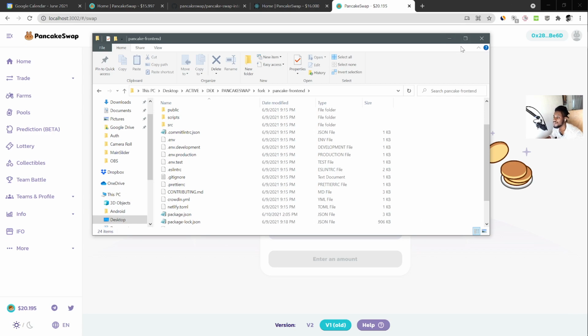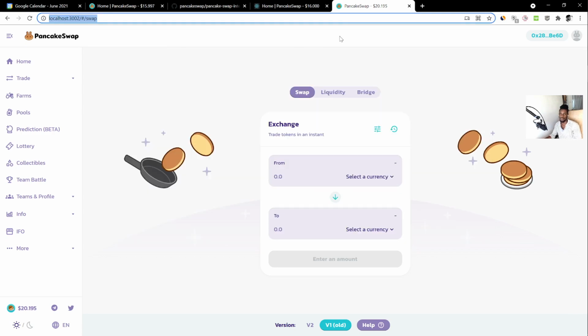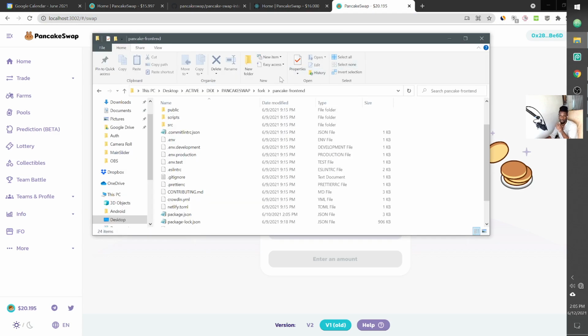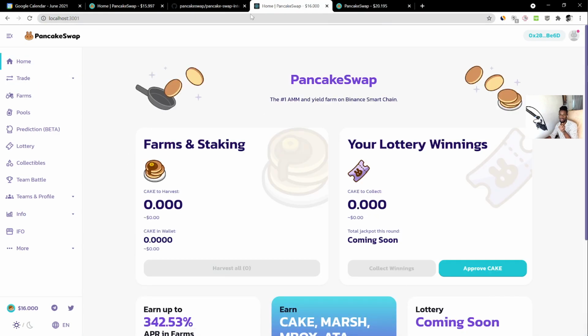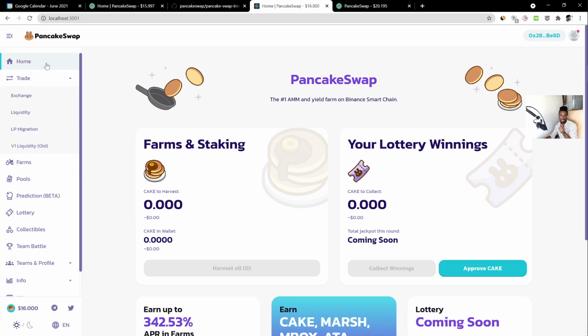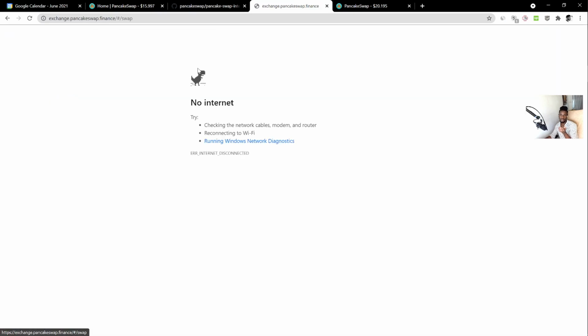So yeah, now we have these two guys, right? And we are going to need to put them together, all right? Because notice again, when you go here, it carries you to